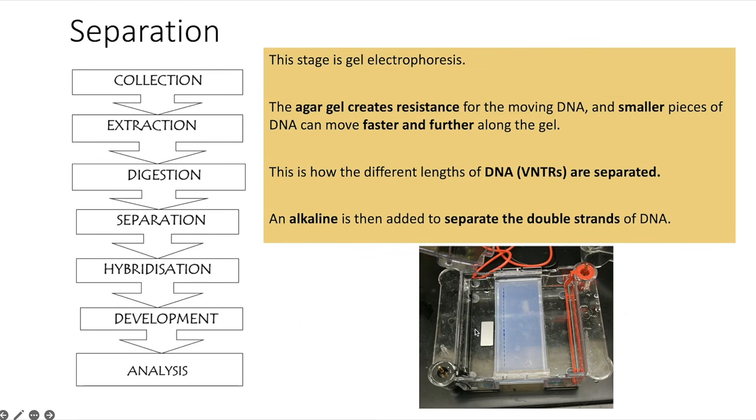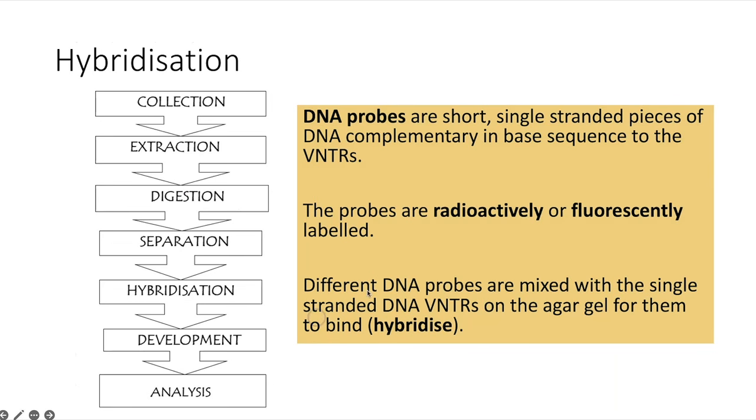Now, the agar gel creates resistance for the moving DNA, and therefore smaller pieces of DNA can move faster and further along the gel. And this is how the different DNA VNTRs are separated. An alkaline is then added to separate the DNA from being double-stranded to single-stranded. And the hybridization stage is when DNA probes, which are short single-stranded pieces of DNA, which have been created to